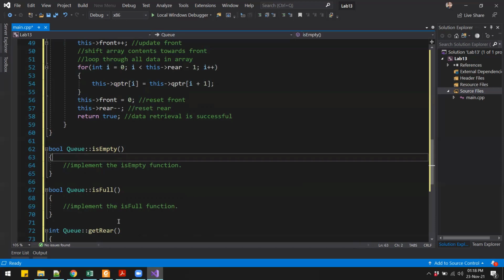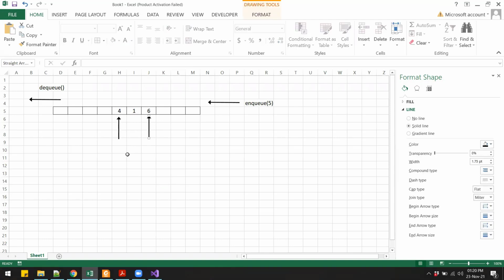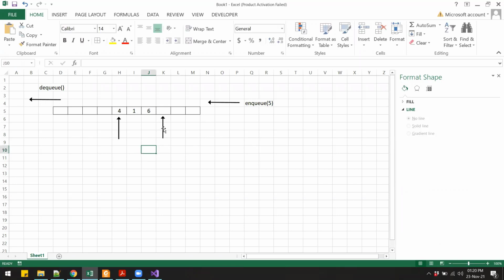Now how do we define if the queue is empty? If I go back to this diagram, right now our pointers, front and back, one of them is pointing to 4 and the other one is pointing at 6. Now using these pointers, we can do one thing. Actually, there are a number of ways of doing this. One way could be, instead of having our rear pointer point to the last element, we make it point to the next empty slot. So we'll go with this method.